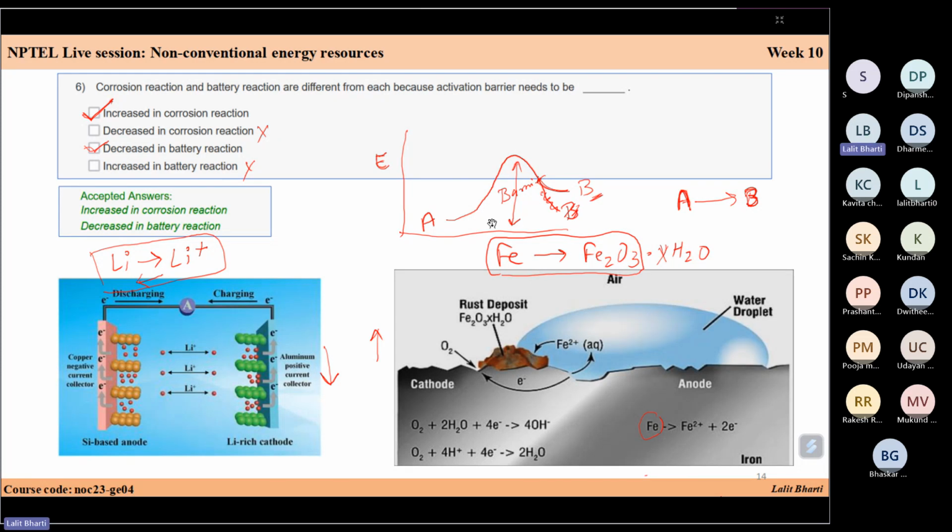For that, a particular energy barrier is required. So what is an energy barrier? The energy barrier is related to thermodynamic parameters. So let's say you have some reactants A, and this is your energy. At first you have, at this place, your